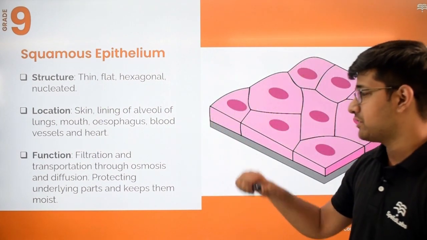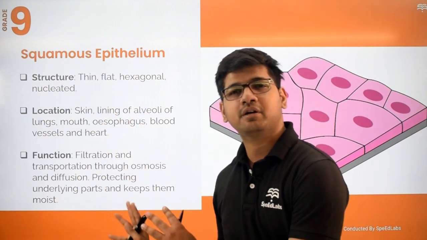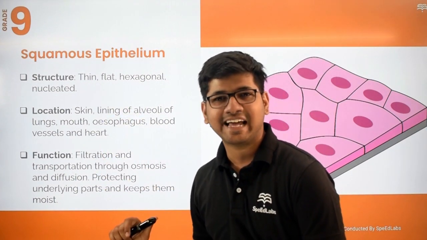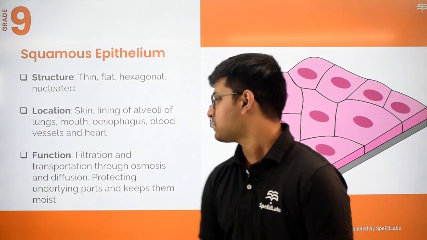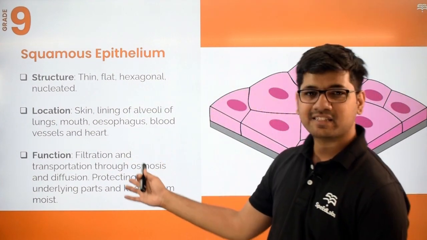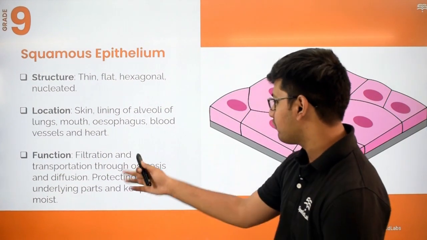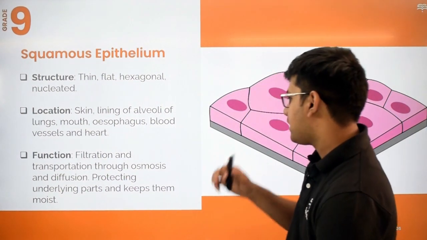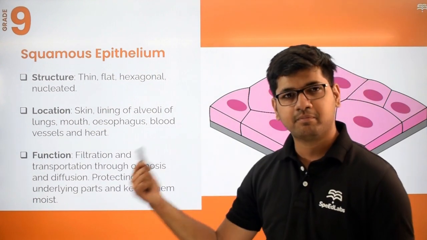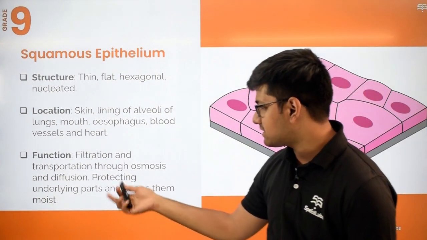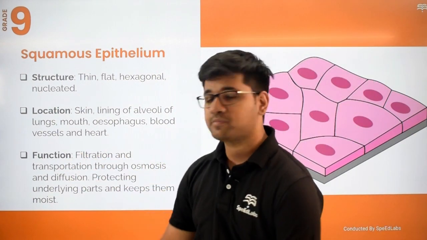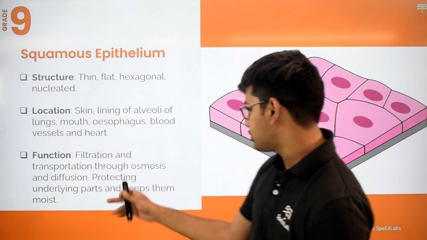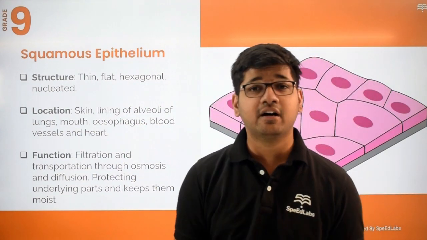Function: filtration and transportation. You just need to remember what is the organ where it is lining and what function that particular organ performs. So for, you can say, kidney linings, they perform filtration. For, you can say, plant-based epidermis, they perform transportation and transpiration through osmosis and diffusion, and it protects underlying